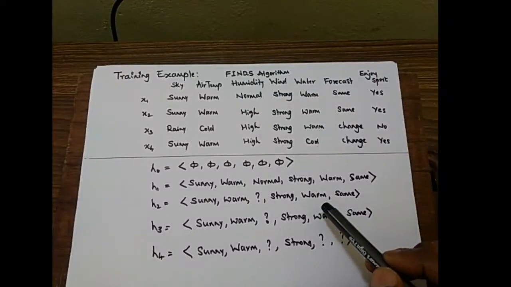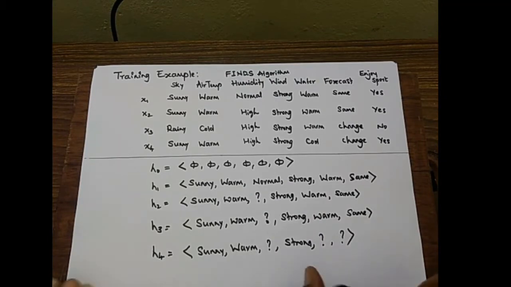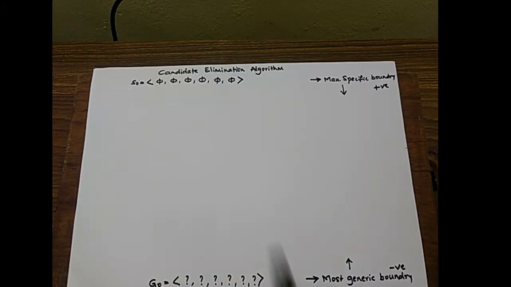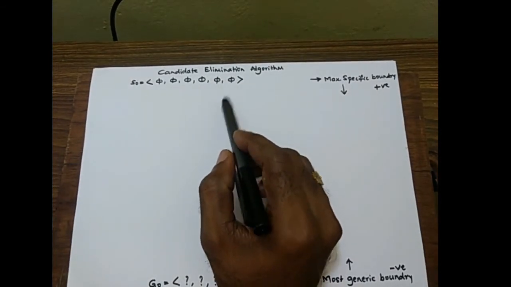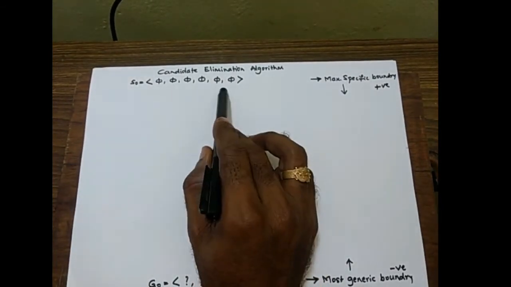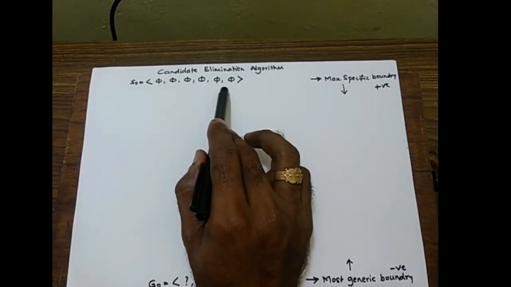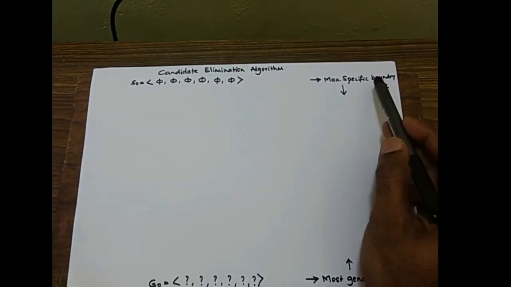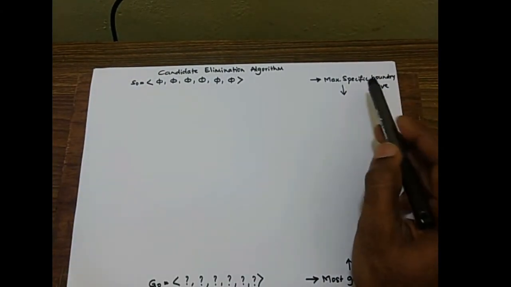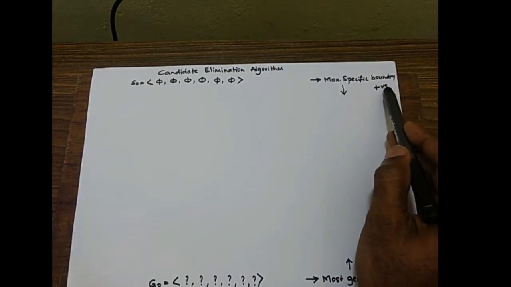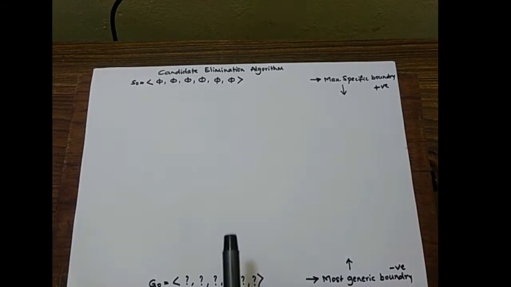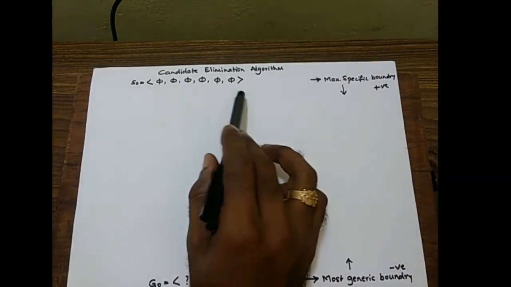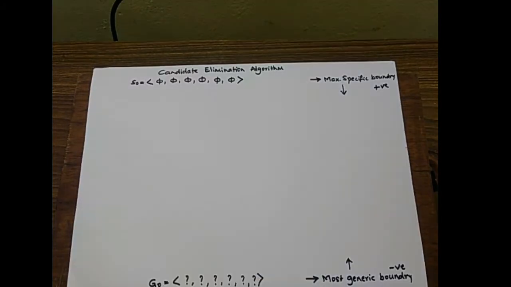Let us initialize the candidate elimination algorithm. As we initialized the Find-S algorithm, here also we will initialize the hypothesis with null values. Since we have got 6 attributes, 6 null values are written. So S0 will indicate the maximally specific boundary, which will grow and which will take only positive training samples. We will define our specific boundary with 6 null values since 6 attributes are there.